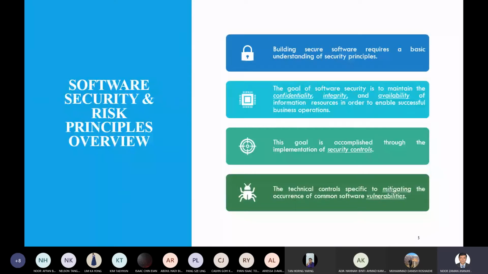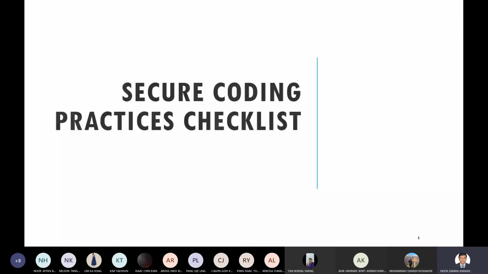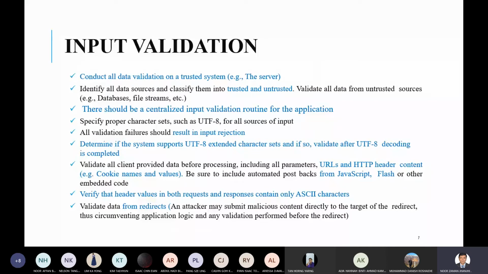Now, going ahead, from here we are starting what we were calling the coding practice checklist. We are just sharing a few as a sample with you. We cannot share all of them because there are hundreds and thousands. We are just trying to share a few as a sample so you can understand what these things are. So when we go for this one, you remember that we talked about the input